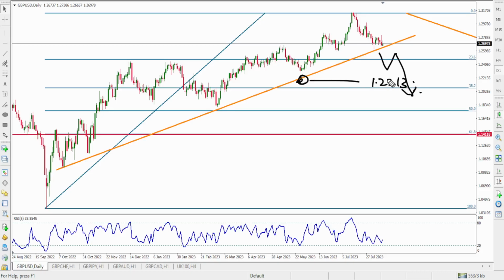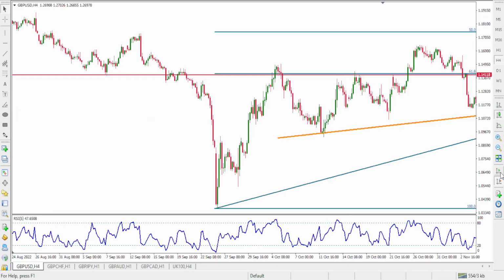1.2213, somewhere closer to this zone. Then right here some bullish opportunities can be taken if you want to leave your hedge position. Still that will be more than enough. And for now, if I look at the lower time frames, I will be identifying a change in trend right